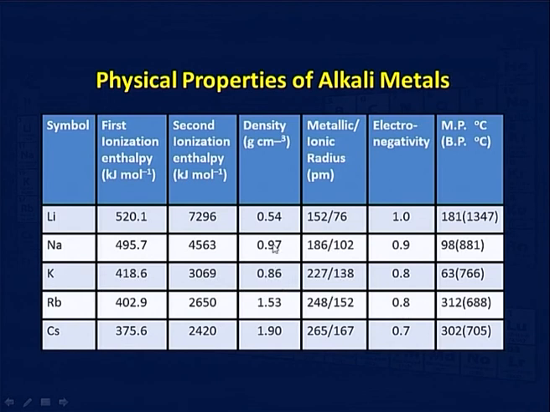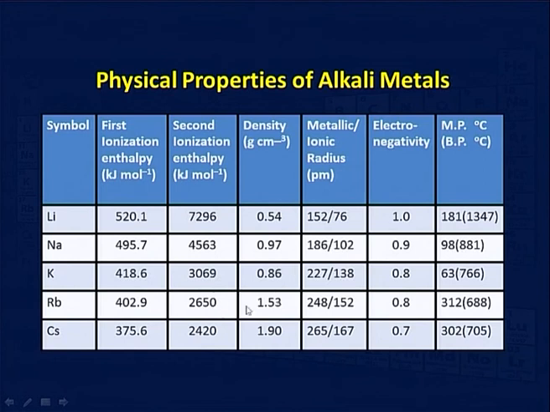You can see this 0.86, 0.97, but this is not very justifiable. There are certain things which are beyond our justification. This 0.97 and 0.86 are not easy to explain, but we generally have a trend, that is it increases down the group with some exceptions, because as I said, a group does not always obey a particular trend,